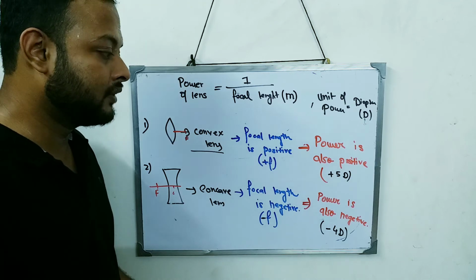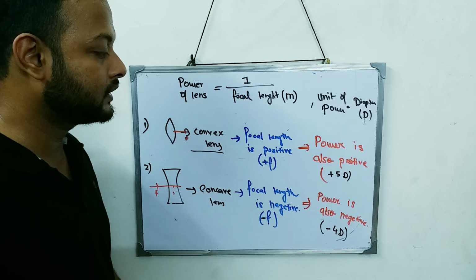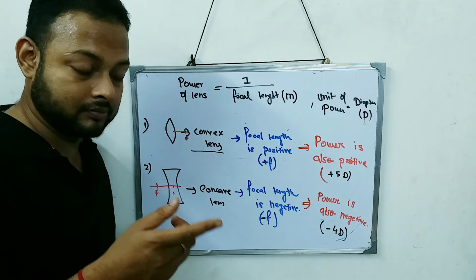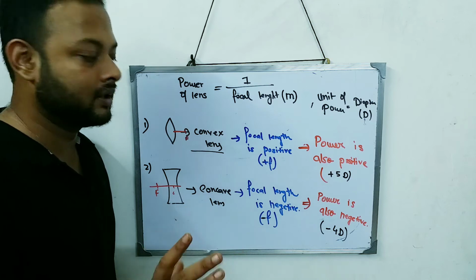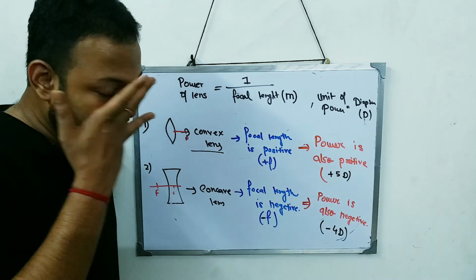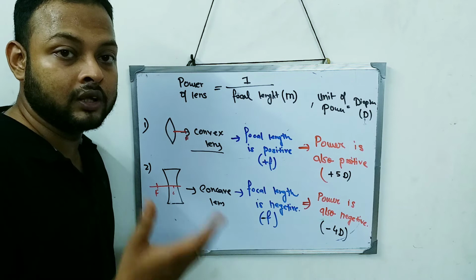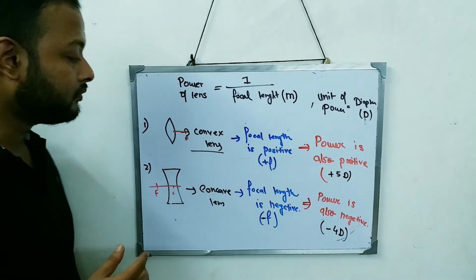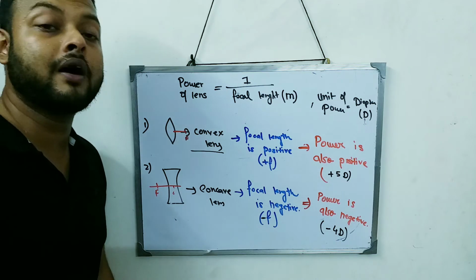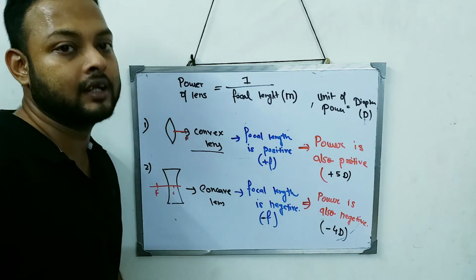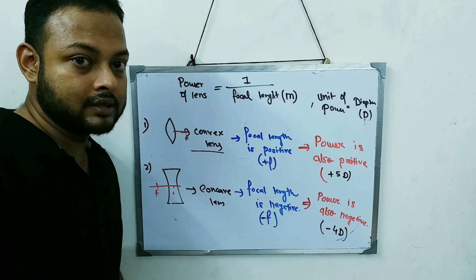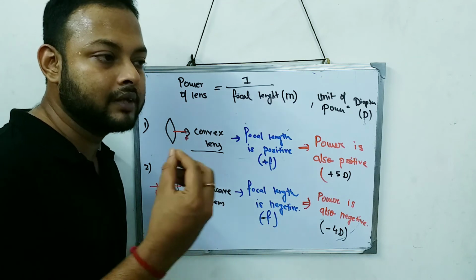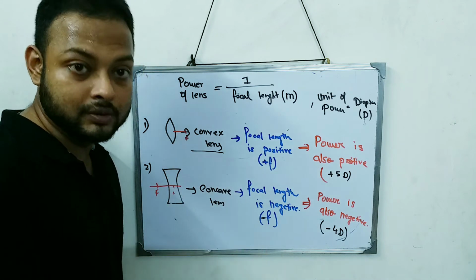After this we can proceed with a few numericals. If you have any doubt, I will suggest you see the video once more and you will understand it. It's actually very easy to know, if you have seen all the previous 9 videos. The power concept is not that difficult. Power is the amount of deviation a lens can do. Some lenses can deviate less, so the power is less. Some lenses can deviate more, so the power is more.